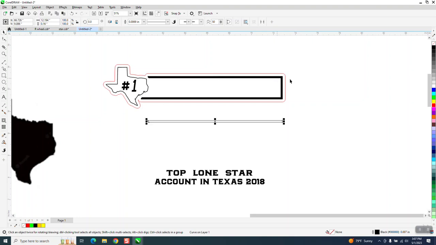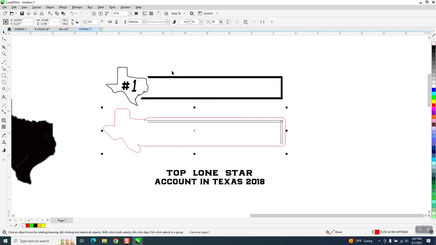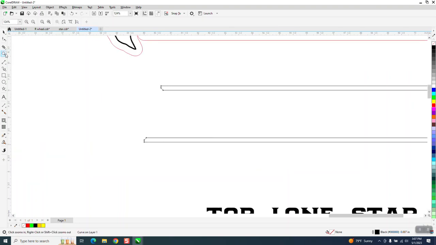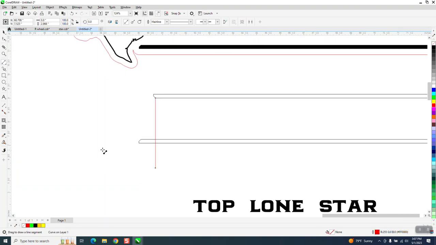Let's make a duplicate of this box. Whoop, hit the wrong one. So these lines aren't equal. Let's go ahead and weld this. So now we have a box. And because this is an angle, it's personal preference where you're going to start. But I would take a 2-point line and go from there, but hold down the control button so you